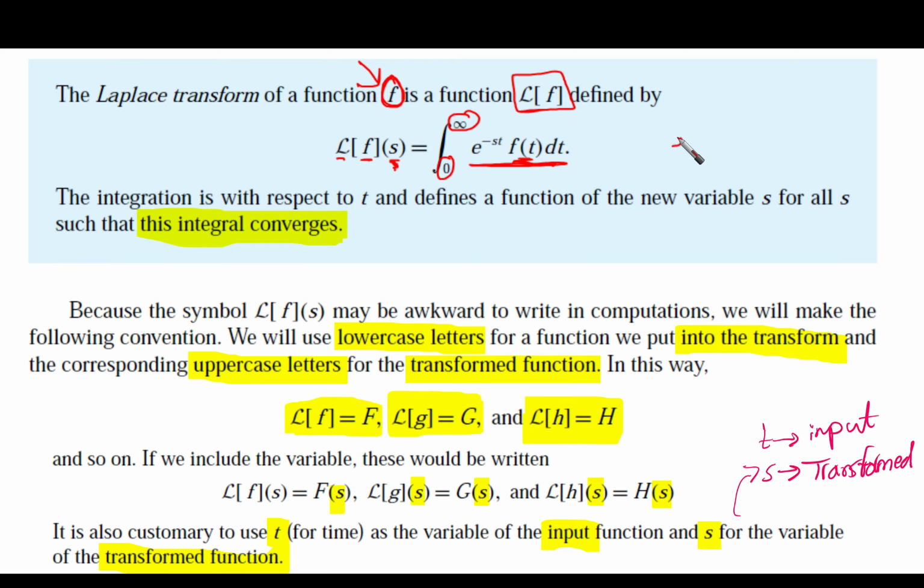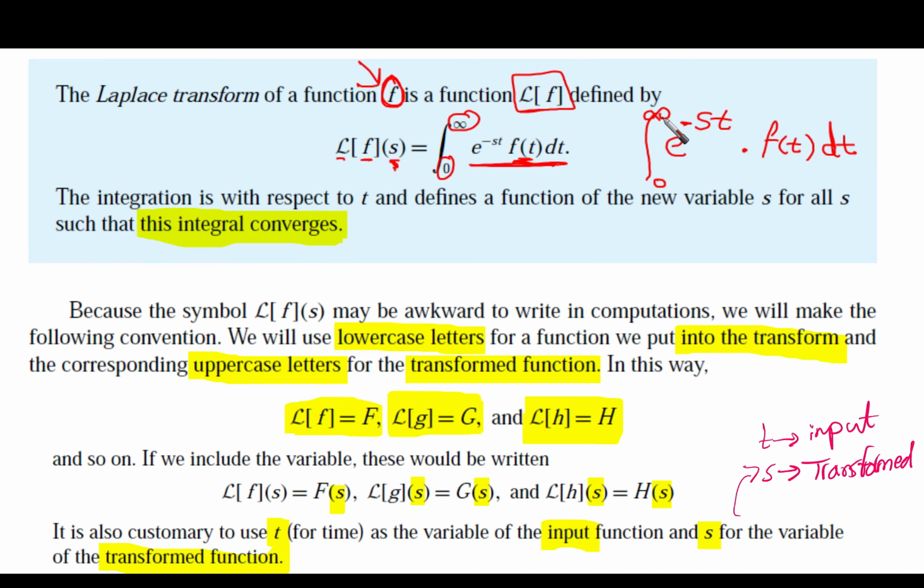So we are dealing with an exponential function defined as e to minus st, and then we are going to multiply it by the initial function that we have, which is f of t, our initial function, and we are going to integrate this multiplication with respect to our parameter t, this integration from 0 to infinity. Well, this is the integration, and this is what we call the Laplace transform